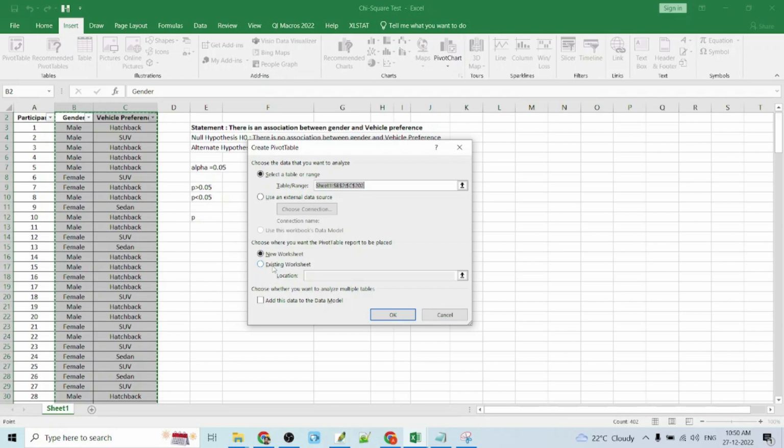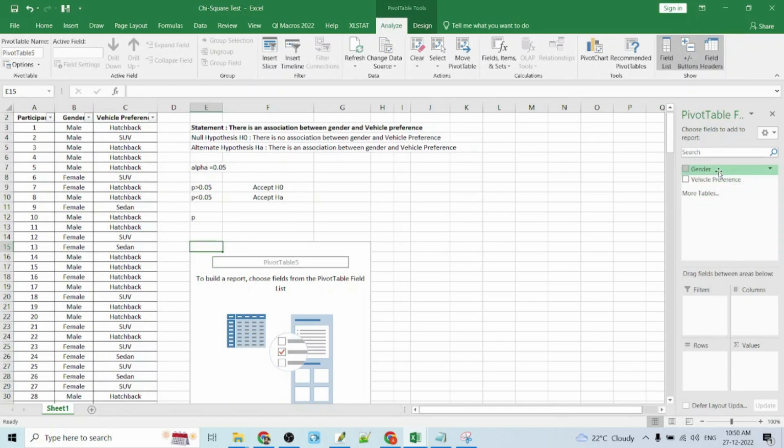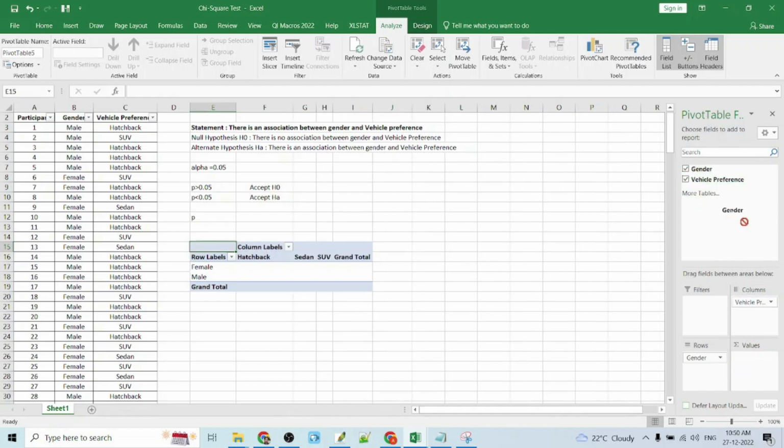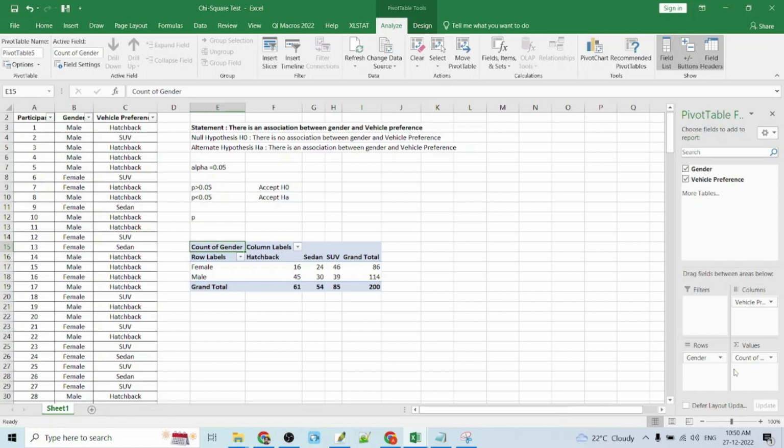So we will use the same existing worksheet where we can create the pivot table. So we will choose this row to create the pivot table. And we have these two variables. So we will select gender and vehicle preference. So we will put this in column, and then we can select any of this. So we'll select gender. So it will give the count of the actual values. That is how many females have selected hatchback and how many females have selected sedan. So we will get this